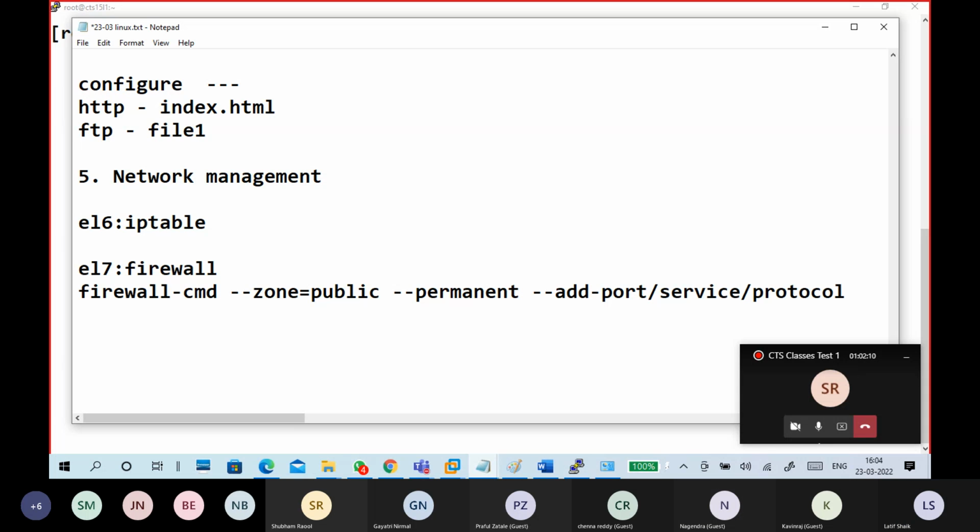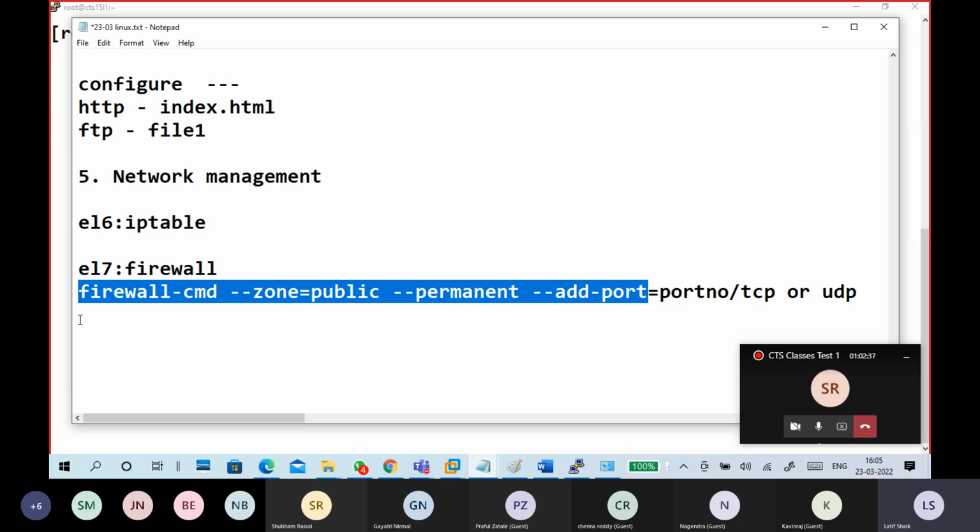Okay, so you have to specify that. Generally for a port, you give the port number, and you have to tell what type it is, whether TCP or UDP. Same thing goes here.